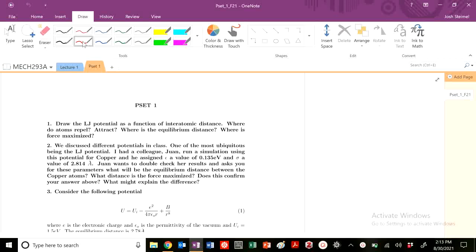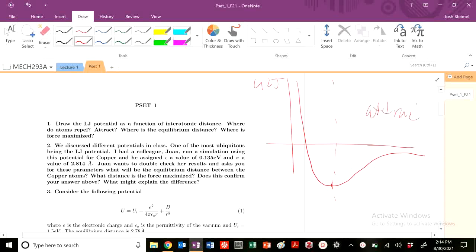Started off with this one: draw the Lennard-Jones potential as a function of atomic distance, where atoms repel, where they attract, where is the equilibrium distance, and where is the force maximized. I know that my Lennard-Jones potential looks something like this. This is my equilibrium distance right here. Here atoms will attract. Here atoms will repel. And then that inflection point is where my force is maximized, because I